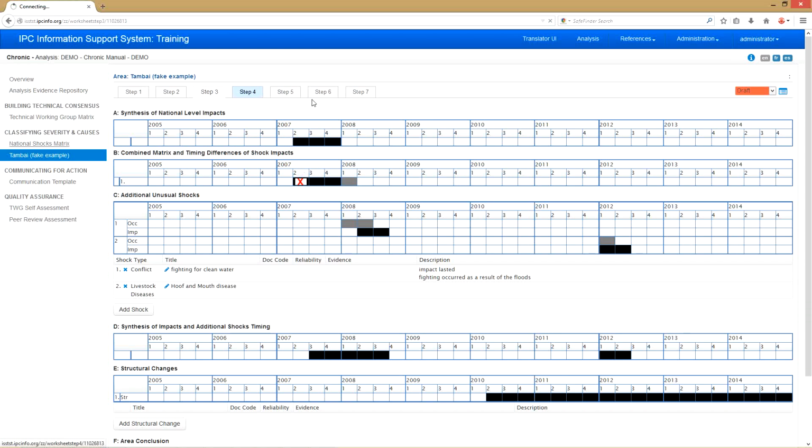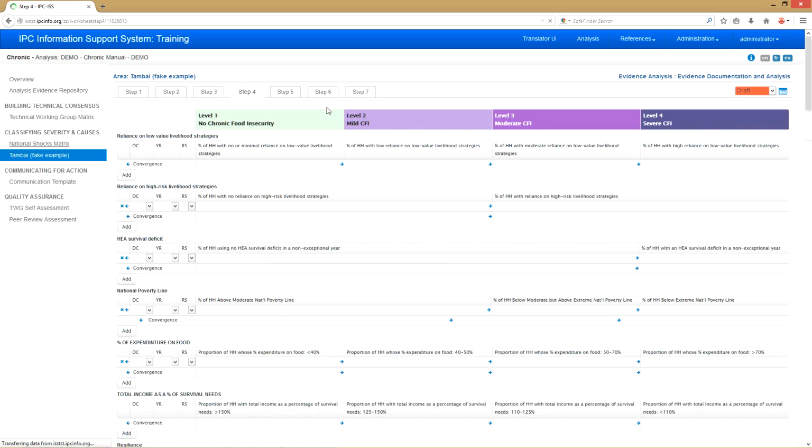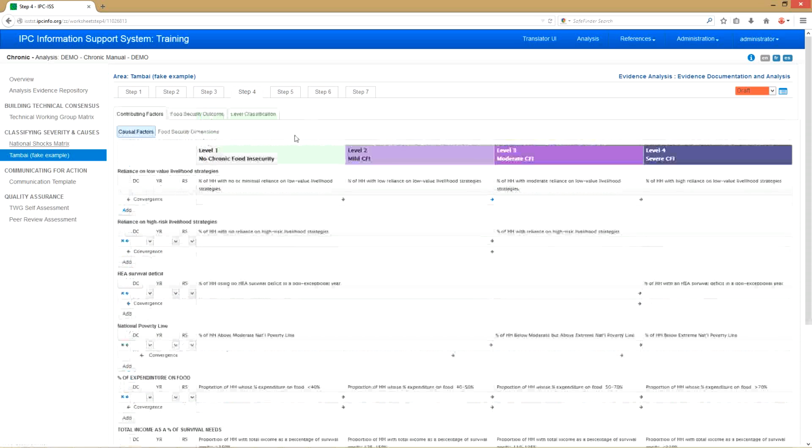Moving across to step 4. Step 4 is the evidence analysis template. This is where the analyst defines the level for each indicator under certain elements. The elements are divided into contributing factors,